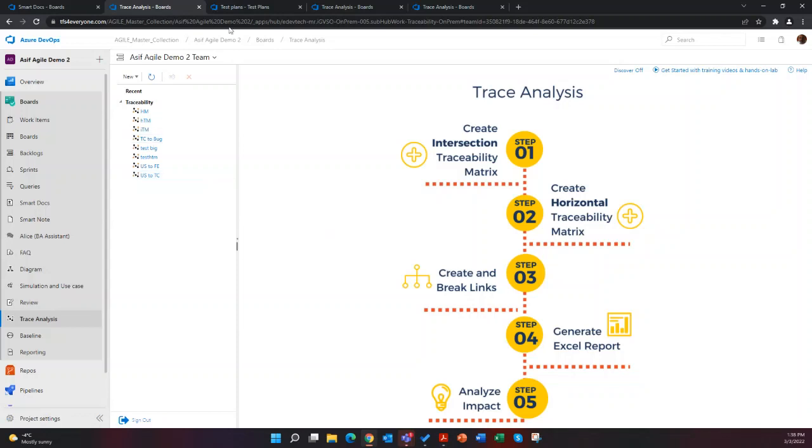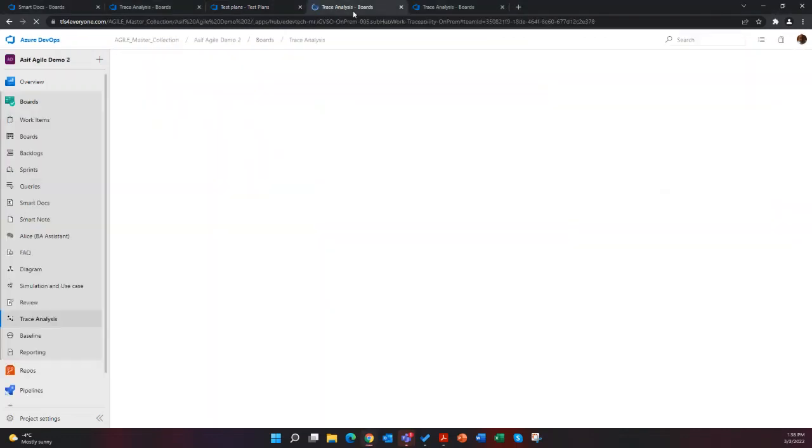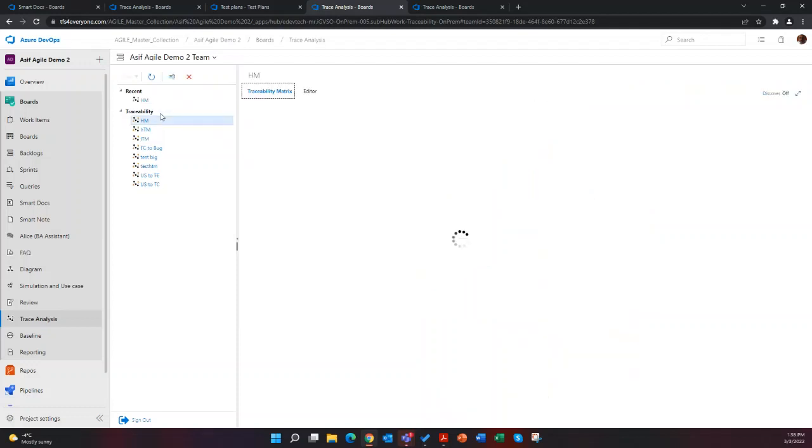We want to visualize how work items are being put together. And in visualizing that, there are two types of trace matrices you can produce. One is called the horizontal matrix and the other is called the intersection matrix.